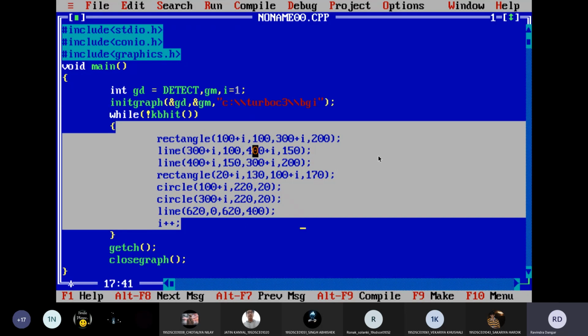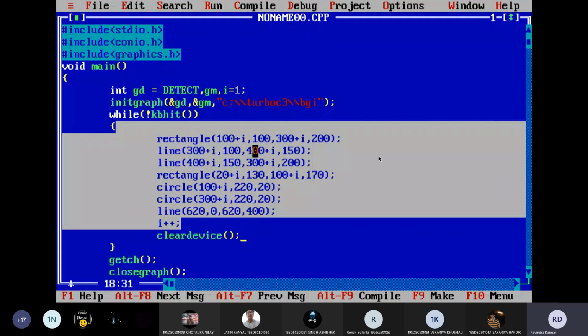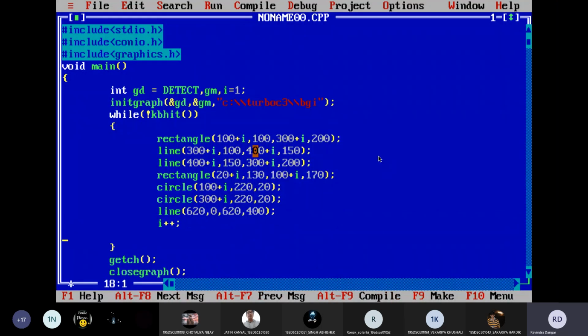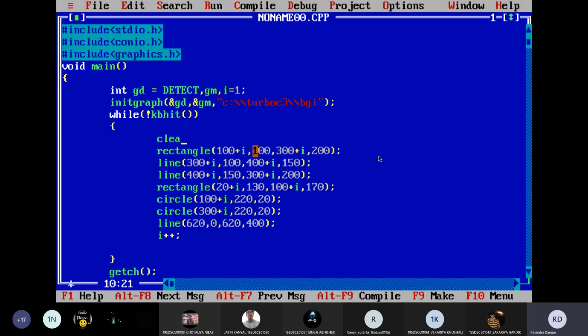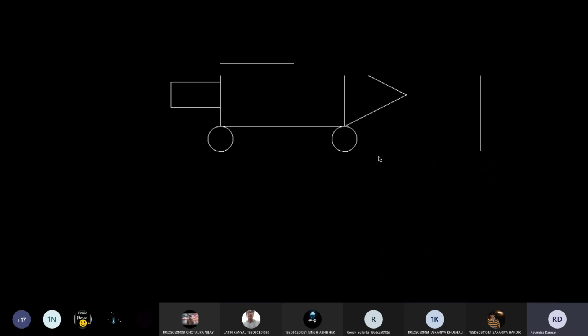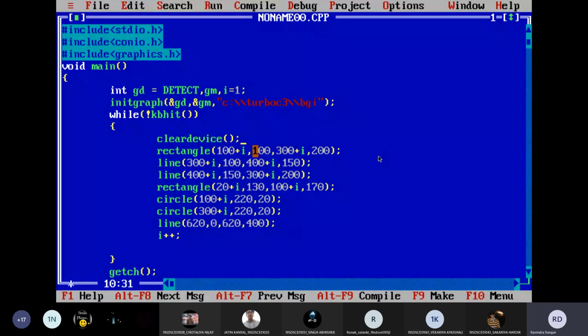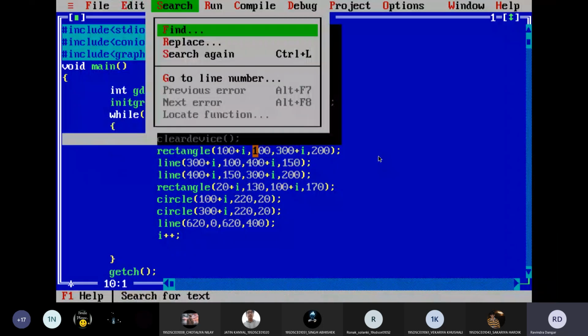Now what we want is to clear the previous object. As soon as it draws the new object, we need to clear the previous object. What we can do here, we can use the clear device function. Now let me show you. You can see, still it goes. Now I'm getting lots of blink here, so I can clear it first so that it gets the time, and you will be able to find the object more clear. Still, I think we are not giving the delay, that's why.